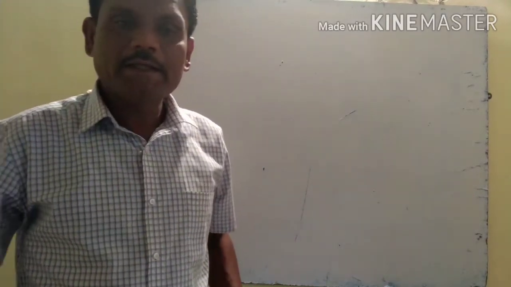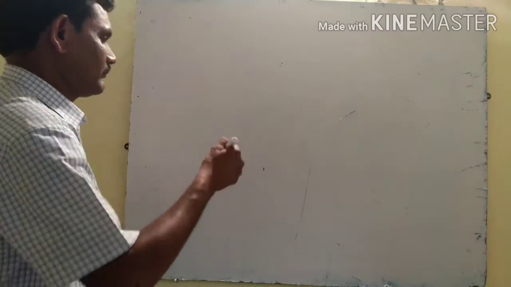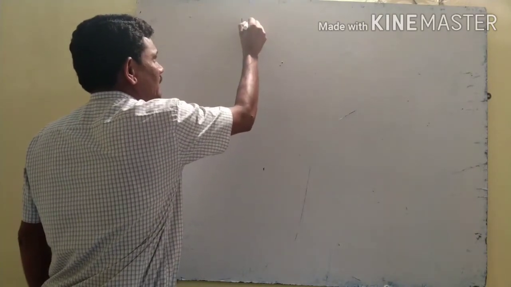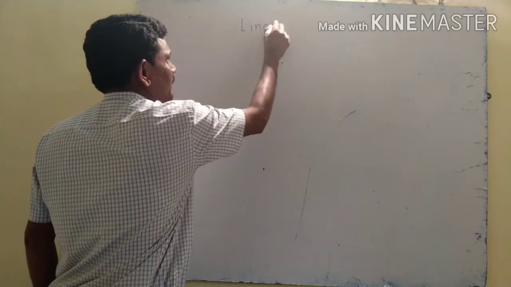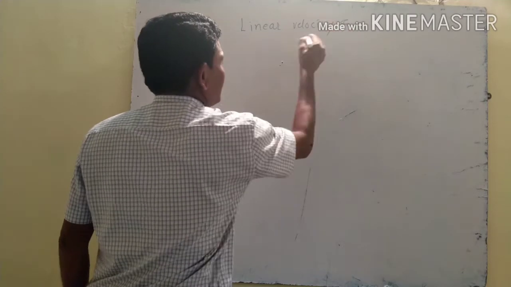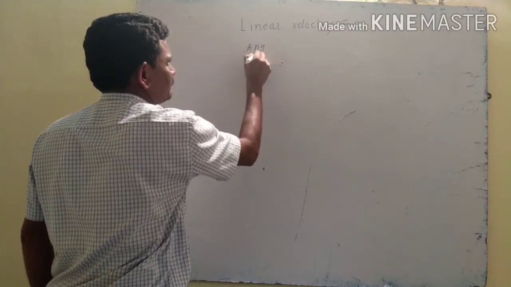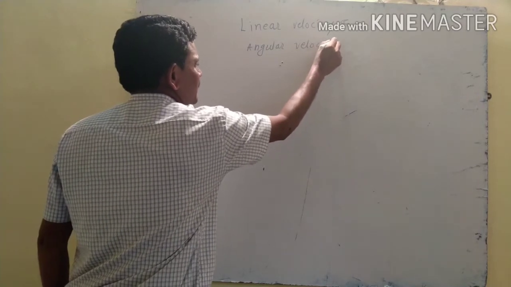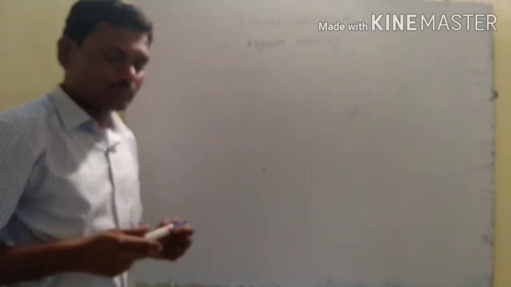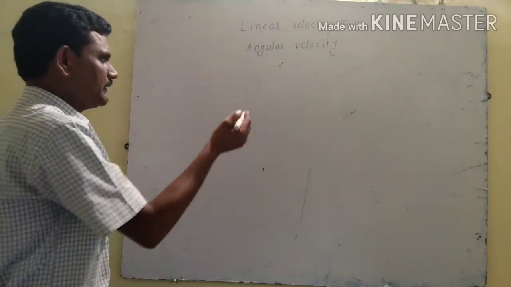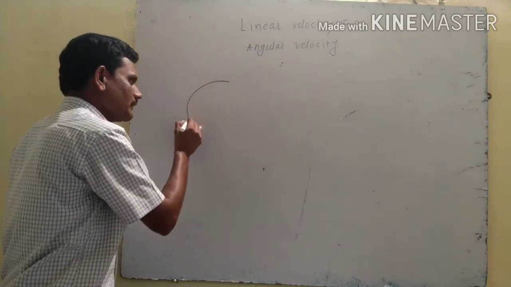The relation between linear velocity and angular velocity. Further, we find the relation between linear velocity and angular velocity. It's a simple relation in case of circular motion. Now we have to consider that, suppose, now look here,